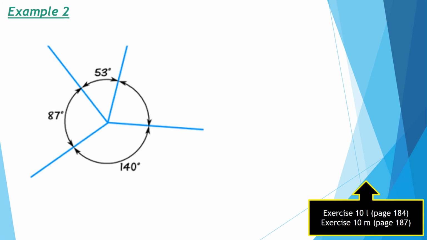Shall we see this one too? Here too you can see how some angles formed at a point: 53, 87 and 140. This is not given. So, the full angle is equal to 360 degrees. But before finding the unknown angle, we should get to know the sum of all these given angles. Shall we find it? 53, 87 and 140. The total of them is 280 degrees.